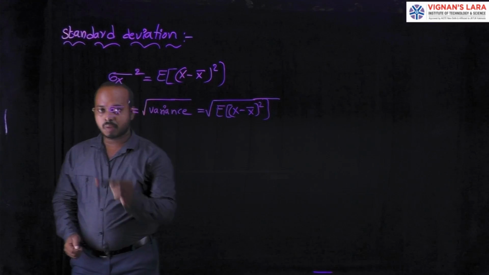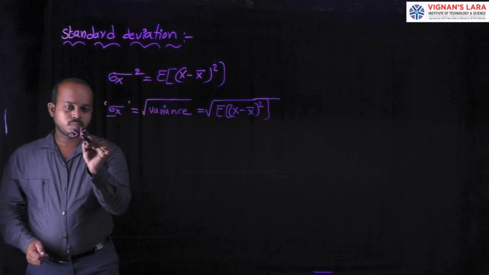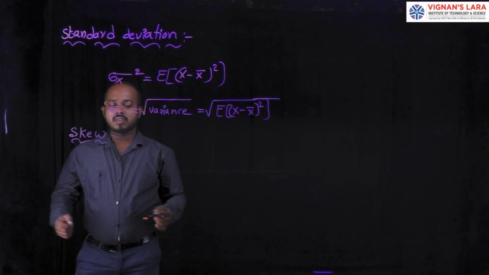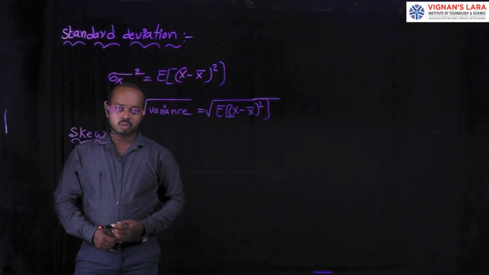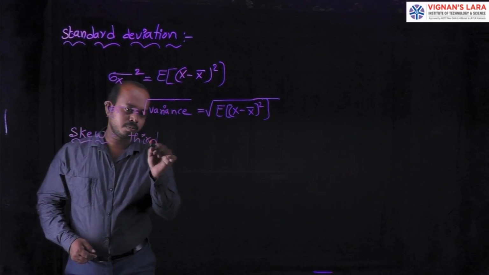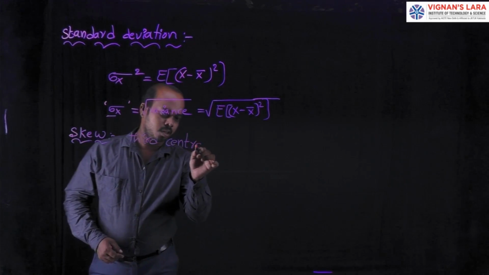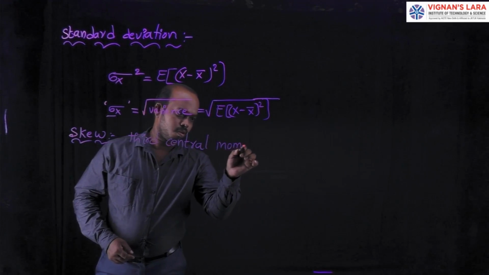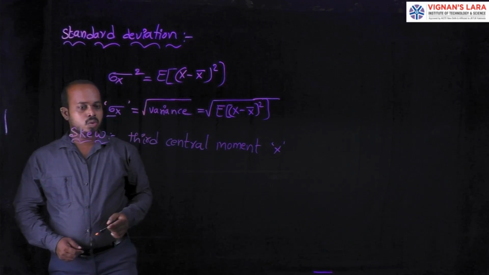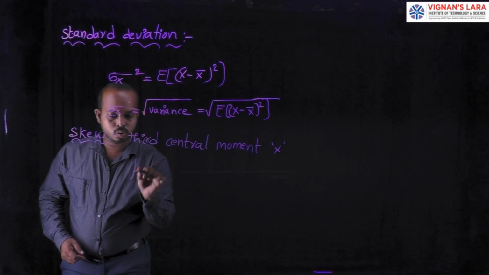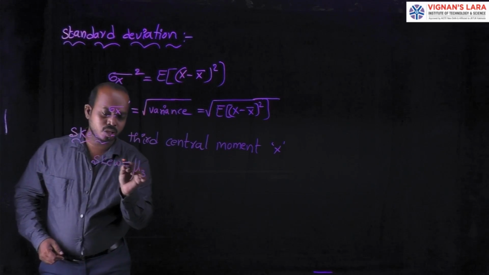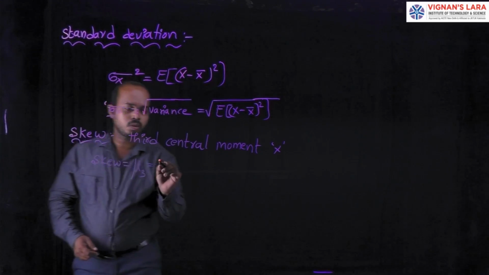Now we are going to discuss skew. The third central moment of a random variable x is called the skew. The skew is defined as the third central moment of a random variable x. We can write the skew here as mu3, skew is equal to mu3, which is equal to the expectation of